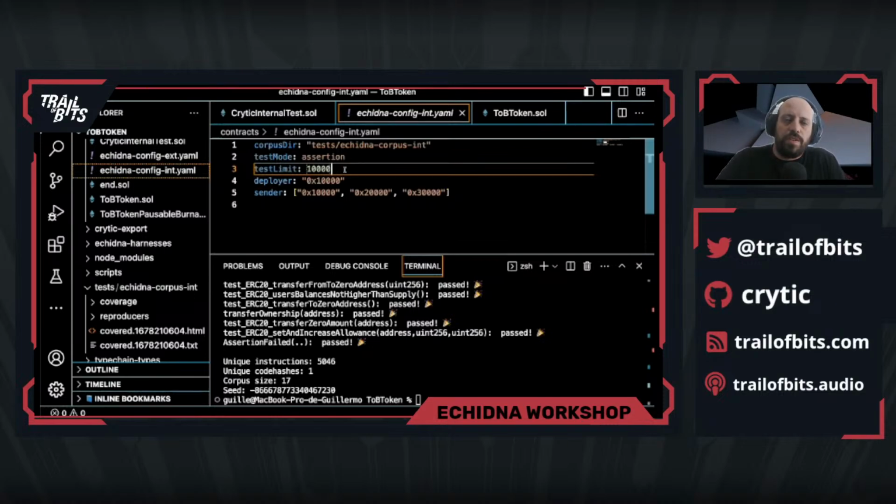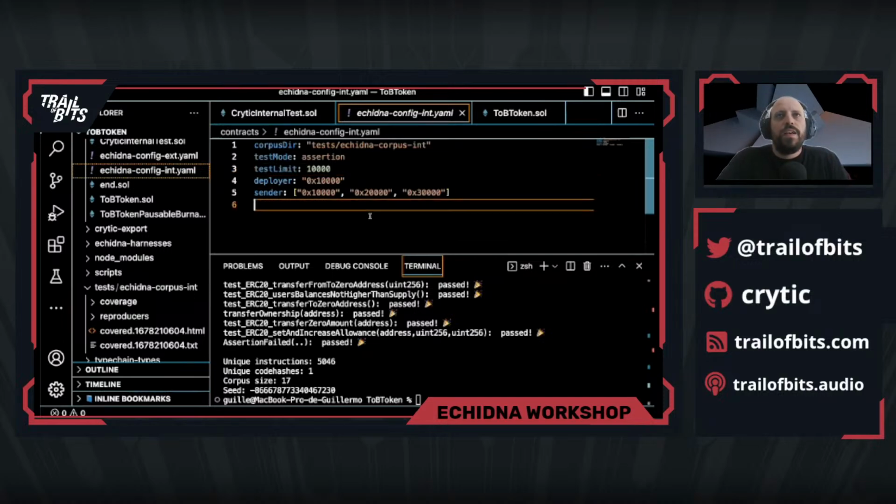This will obviously increase the running time for the Echidna campaign, but it will make sure that all the code gets executed. So the idea is that we will now introduce some specific bug and try to detect it